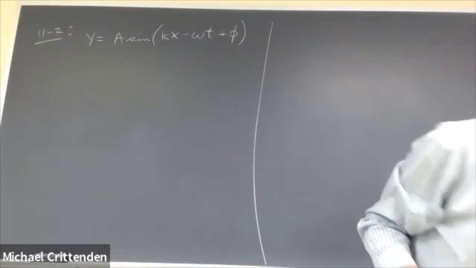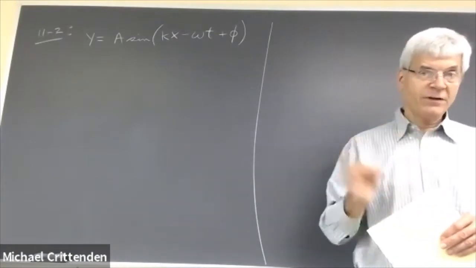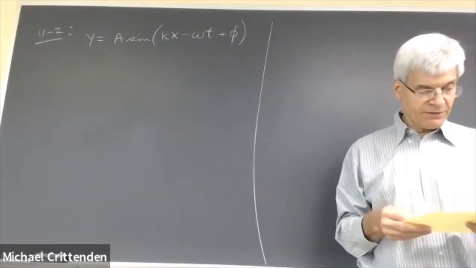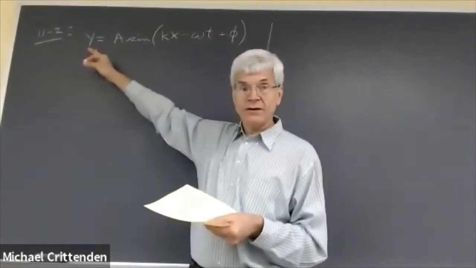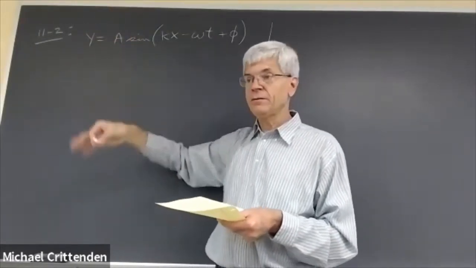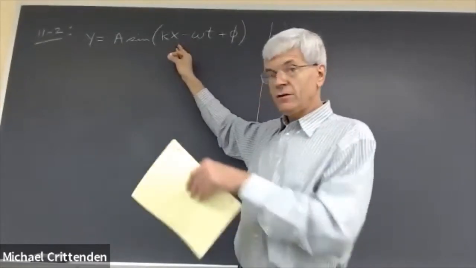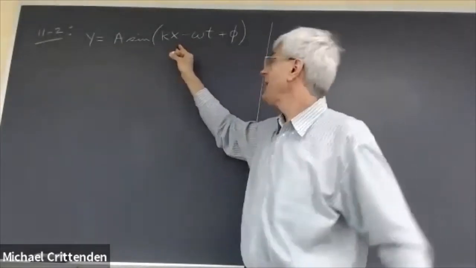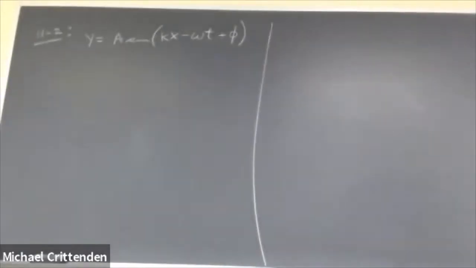That should be in your notes from the previous recording, the first part of section 11. And y is what the question is asking for. How far is the water level displaced from its equilibrium position? x is where you are along the surface of the pond. t is what time it is. The phase angle,